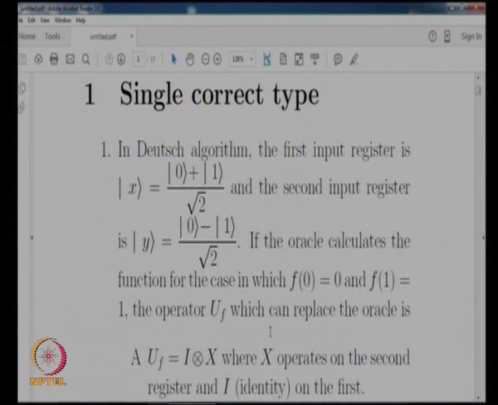Today we are going to discuss assignment 4 of this course. Let's begin with the first one. The question says, in Deutsch algorithm, the first input register is